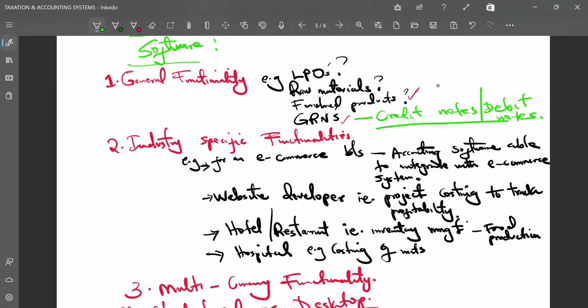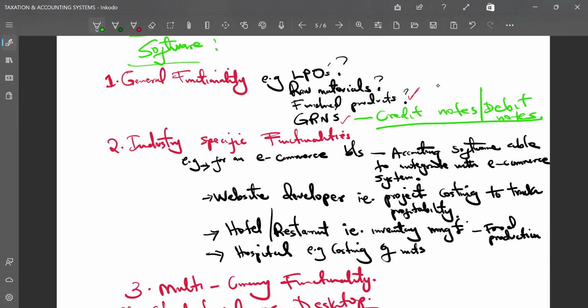Now, when I talk about GRN, you've received these goods that you ordered from the LPO processing, depending on the internal control mechanism of processing this order from the requisition to the point at which the supplier is bringing these goods or items to your business. What happens when you have some goods supplied to you that do not meet your standards, maybe in terms of quality, in terms of quantity, or you are supplied the wrong product? You're supposed to return. How is your system handling that process?